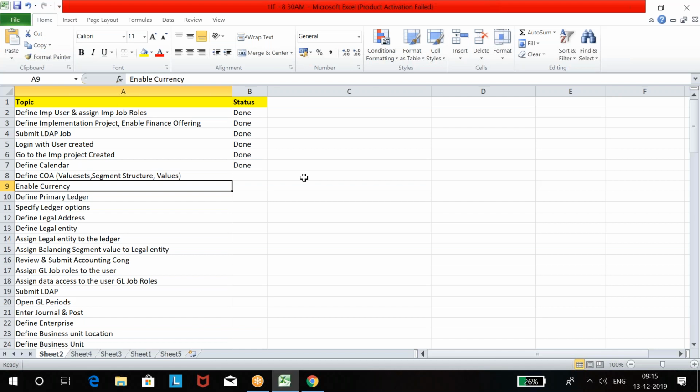That's why you see currencies enabled. But in real time, when a company purchases software from Oracle, they have to enable them. They get all currencies, complete global currencies provided in Oracle, every country's currency.